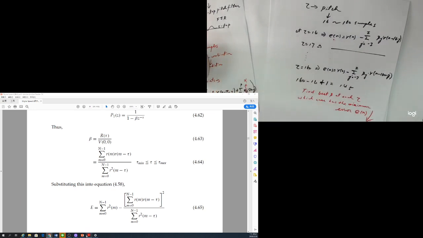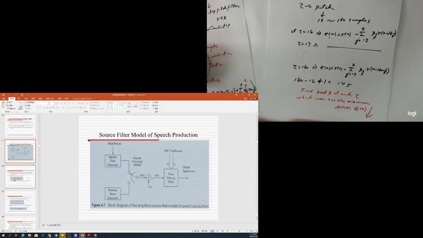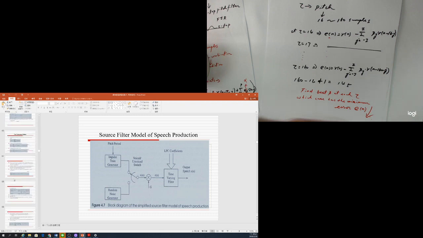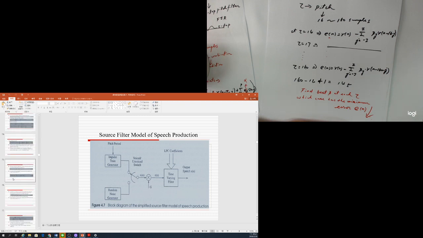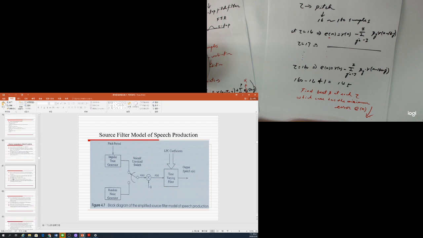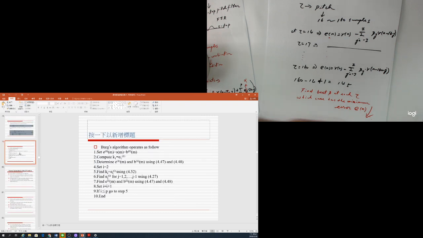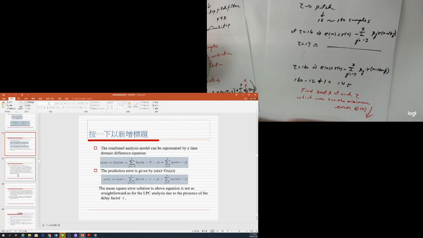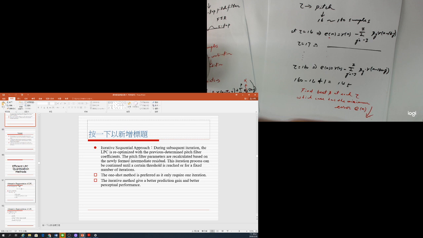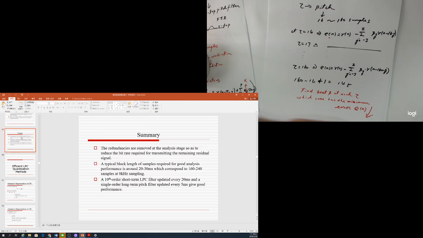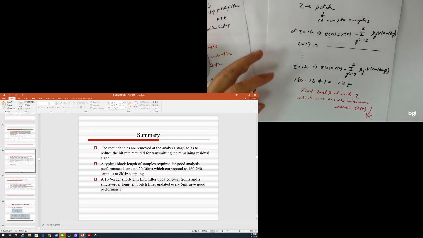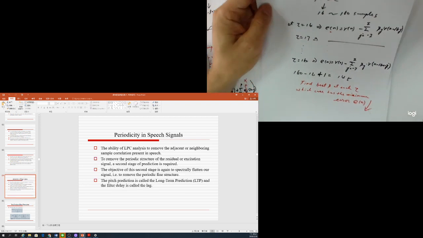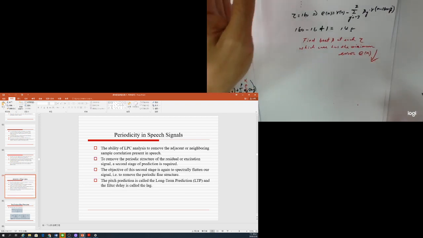So I go back to our PowerPoint. Maybe I have some equation derivation ready up there. I'll double check. Covariance, pitch. Okay, not yet. Okay, so here because it is one tap, it's very easy to do